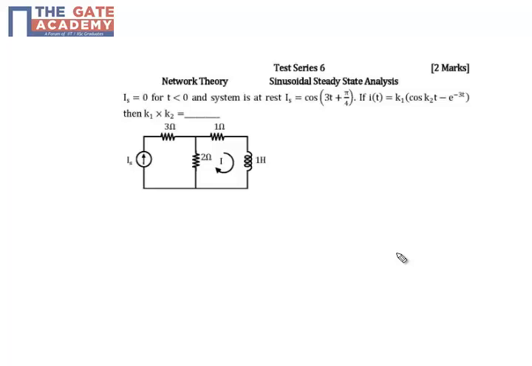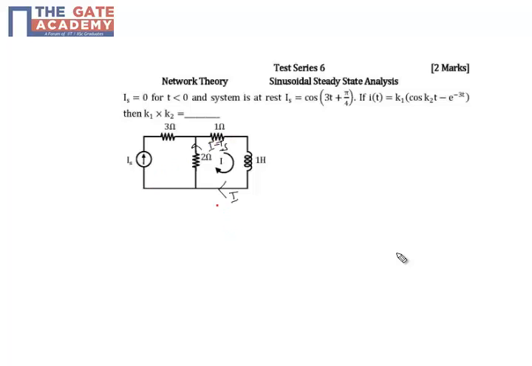In this question, we have to determine the product of K1 and K2 whose values are given in the expression for current. I am taking this current as I, as a result of which this will be I minus Is. Now applying KVL to this second loop, the loop on the right, I can write this voltage is